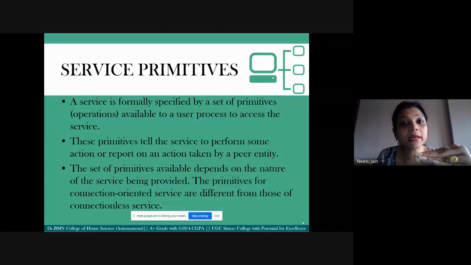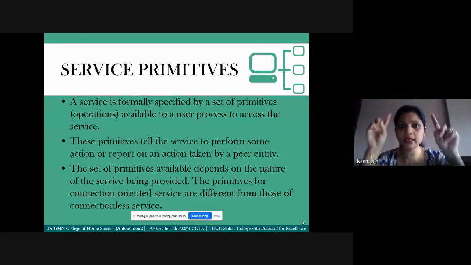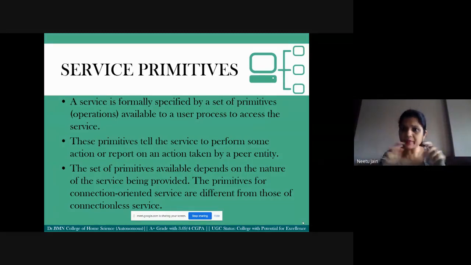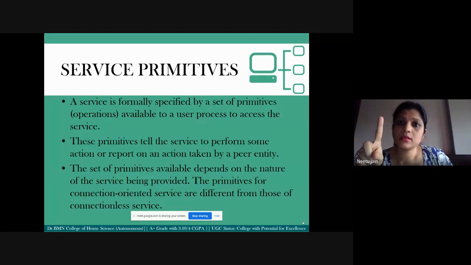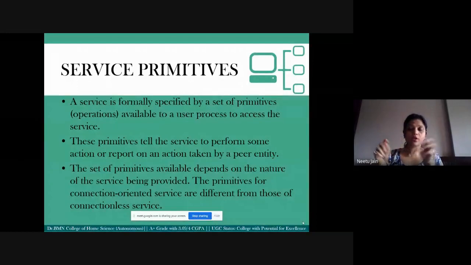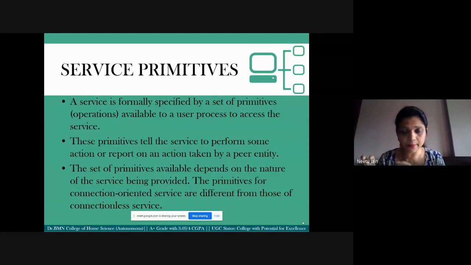Now, what happens in printf? Whatever you put in the parentheses and in the quotes is printed on the screen. So this is one service. In order to use this service, what will you write? You will write the code printf, and then into the parentheses whatever you need to be printed on the screen. But then it's a function, correct? Is it a function or not? Yes, ma'am. It is a function.